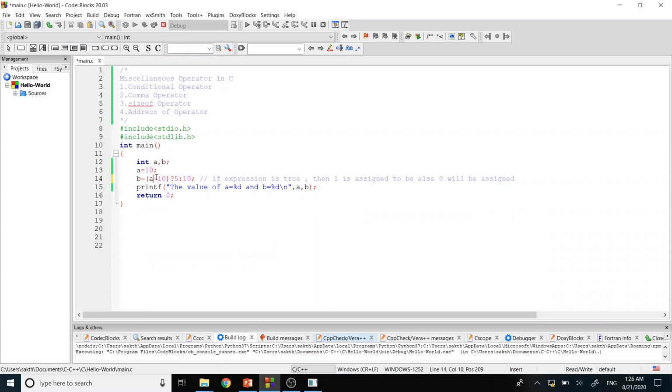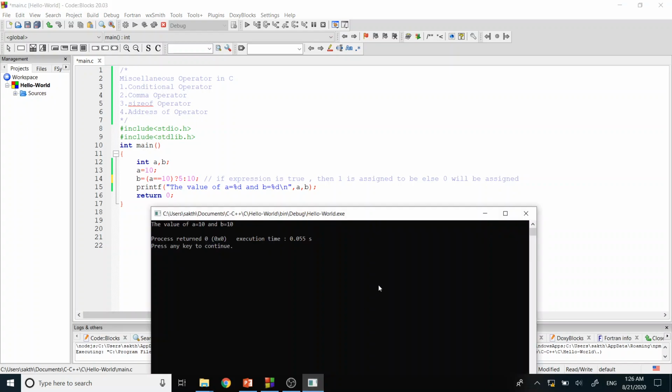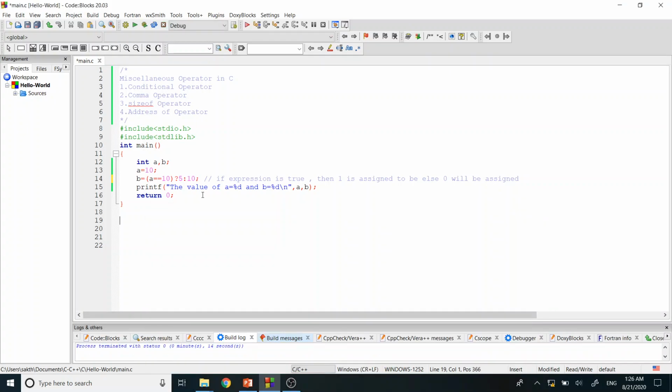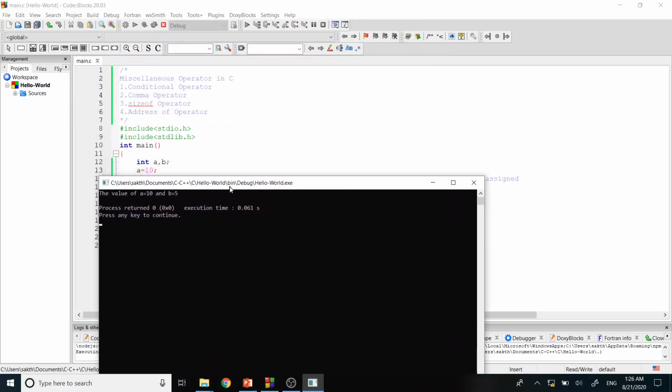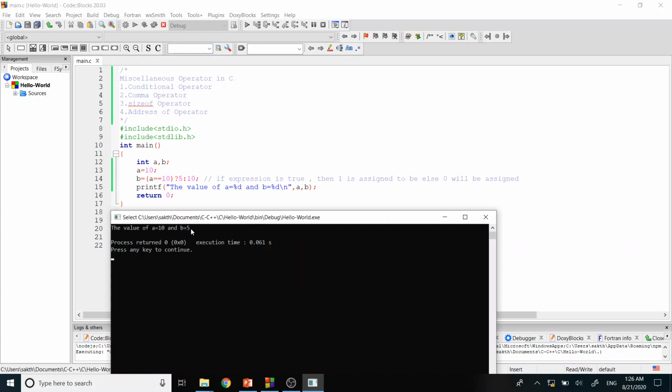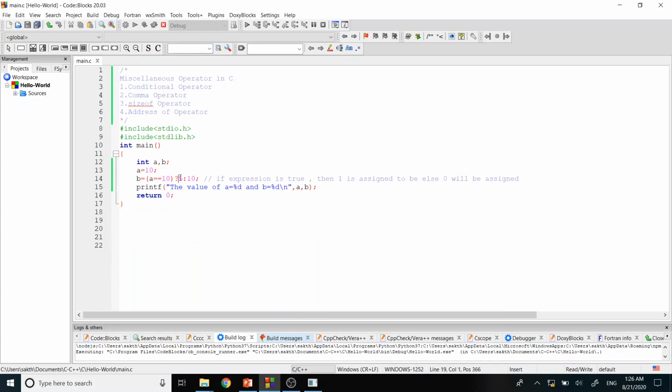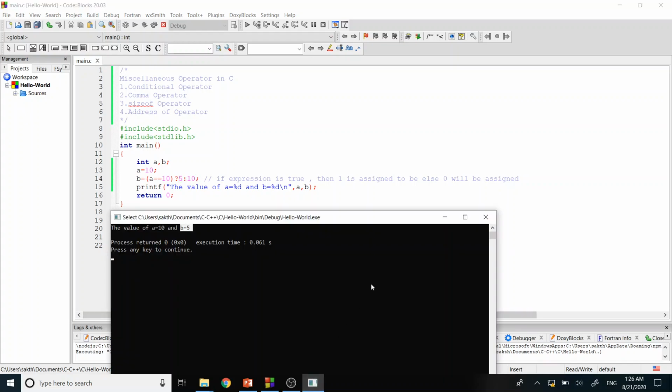Whereas if it is a matched value, then 5 should be assigned to b. I'm running the program. Yes, 5 is assigned to b, because whenever the expression is true, 5 is assigned. So this is the conditional operator.